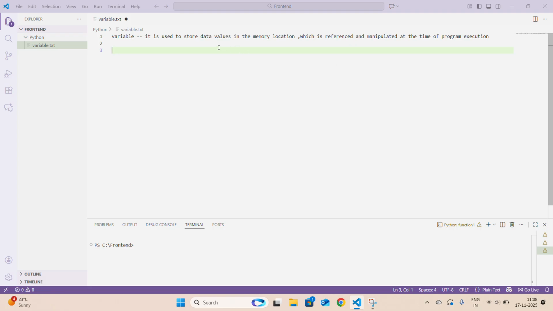So first of all, when we mention a variable in the Python programming language, we will not be mentioning the data type here. It is one of the features that Python has. When compared to other languages like Java and C++, we have to mention the data type, what kind of value you are assigning to a variable. That means the variable will be storing this data value in the memory location with the help of the data type, right? But coming to